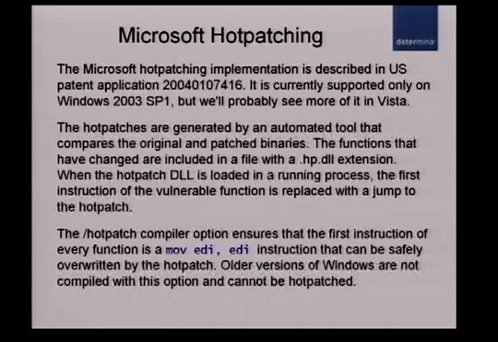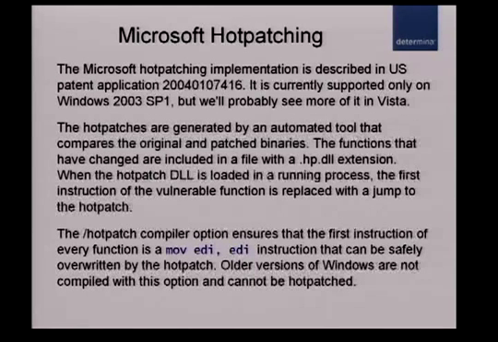In Visual Studio 2005, there is a new compiler option called /hotpatch, which adds the mov edi, edi instruction in the beginning of every function. This is a 2-byte instruction that basically acts as a no-op. Also, if you use that compiler option, every function will have 5 bytes of padding before it, padding that is not used. When the Microsoft hot patch is applied,